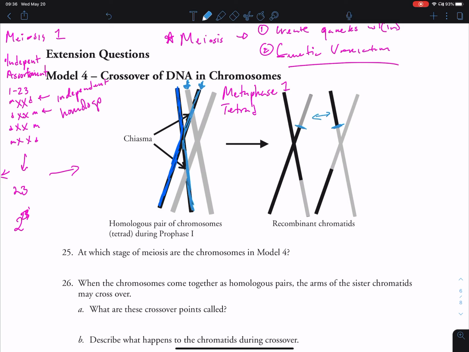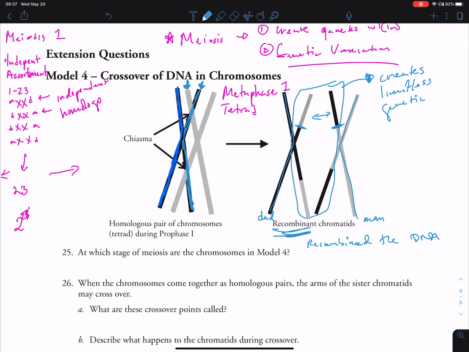But think about what that did. So now let's say this was dad. You have a dad sister, boom, boom, that is 100% dad's chromosome. You have a mom sister that is 100% mom. But then in the middle, look at this. You have these 2 chromosomes that we call recombinant because we have recombined the DNA. And so what happens is these are mixed. So you can be giving your offspring some combination of mom and dad's DNA in that chromosome, which is so cool. And essentially what this does is this creates limitless